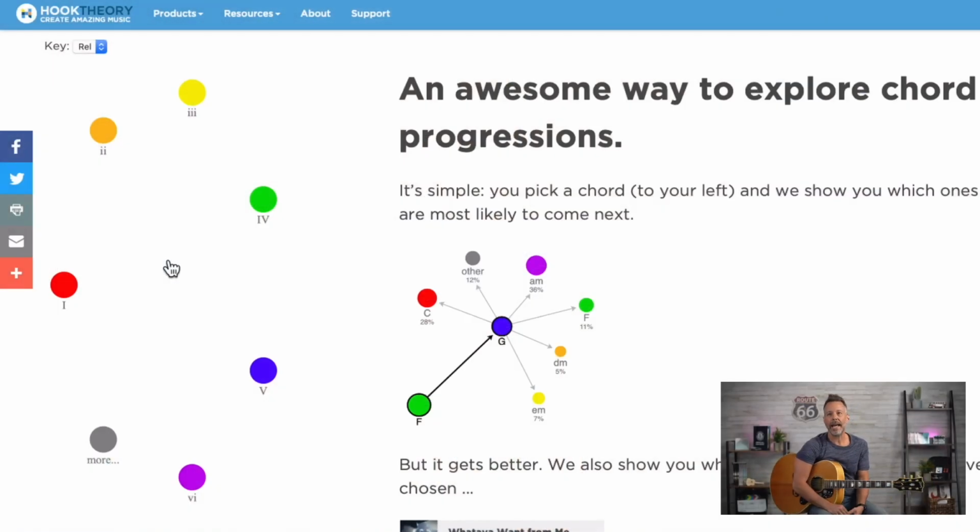I'm actually on hooktheory.com right here. Basically, this is a matrix of the chords I just told you. You can notice that the Roman numerals are either capitalized or lowercase, and essentially that's how it works. Major 1, minor 2, minor 3, major 4, major 5, minor 6, and then more. The reason for this we'll talk about in just a moment, but essentially that's how the chords are laid out in a major key.